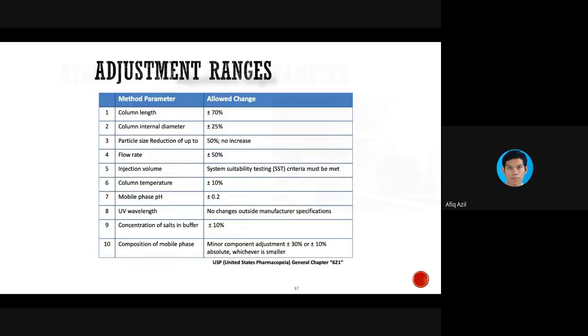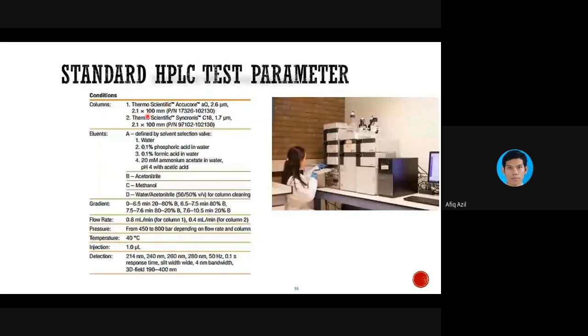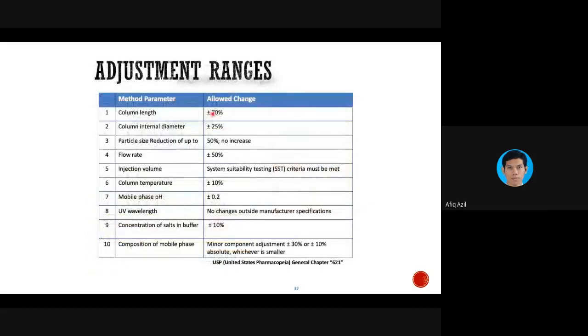Let's say from here, the length is 100 mm and the allowable change is plus minus 30%. So 30% from 100 mm would be 30, so you can either go plus 30 or minus 30. That means the column length range can be from 7 cm up to 13 cm.